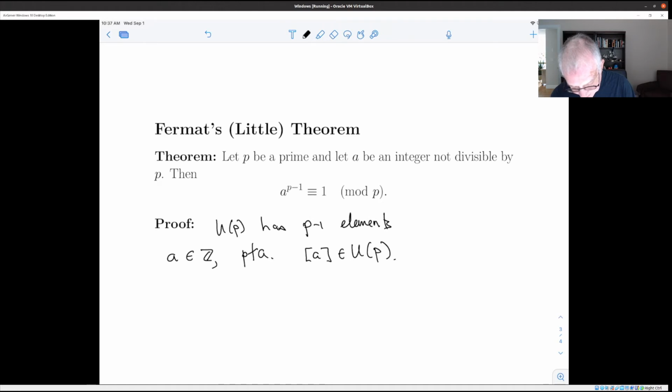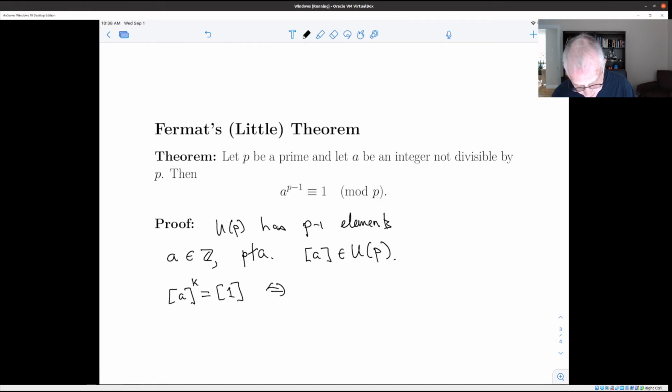We proved that a to the k, applying it to this particular situation, is equal to the identity